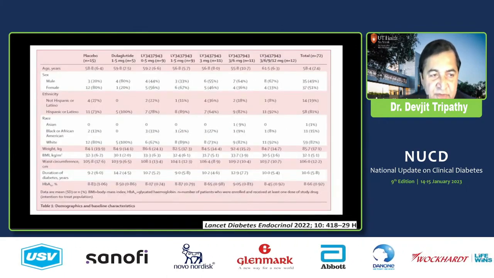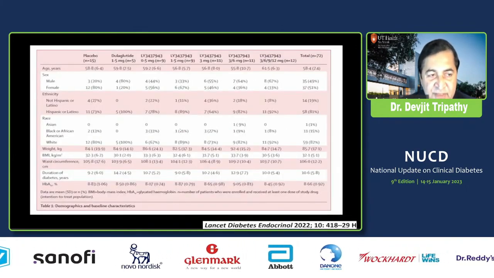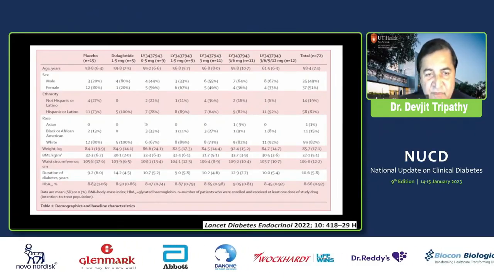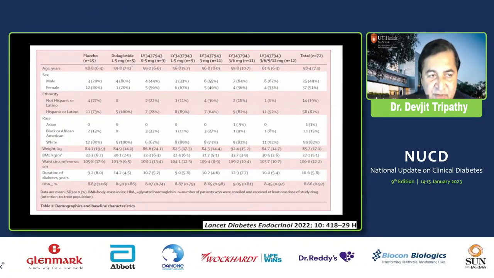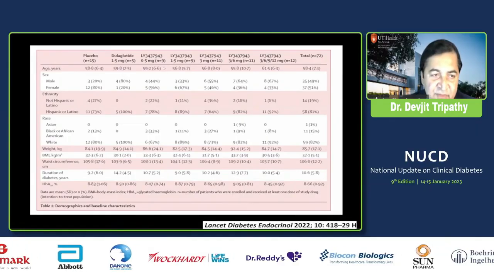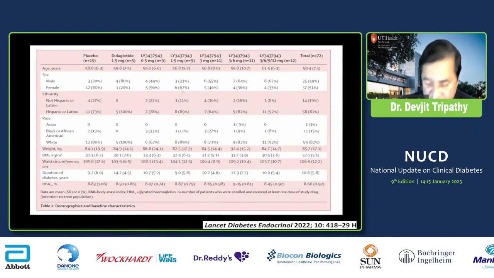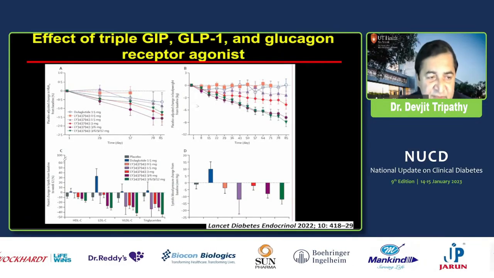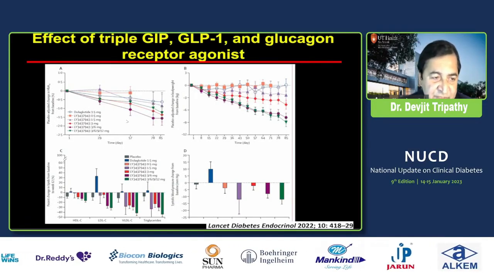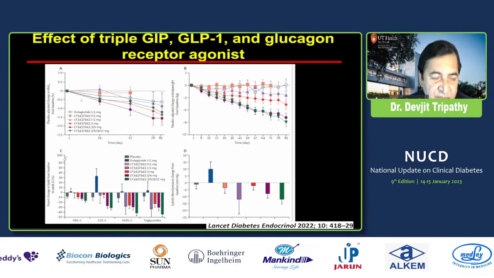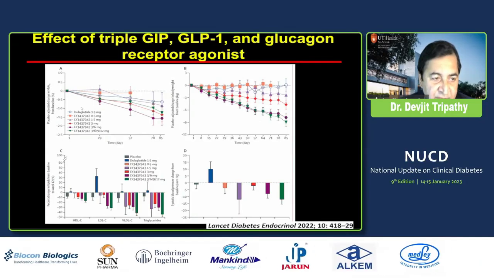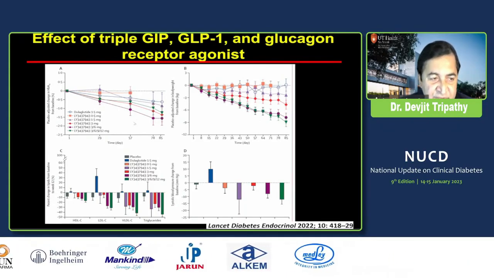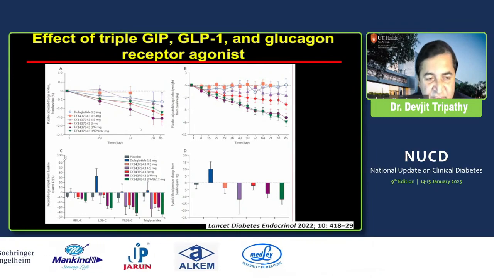This is a small phase 1b study, with dose escalation compared to placebo. There are 5 different doses of this triple agonist compared to dulaglutide. Patients with type 2 diabetes and 10 years duration of diabetes were randomized to receive 5 different doses. As you can see, at the bottom line, dulaglutide is in blue, and the others are different doses of the triple agonist. This was only a 12-week study, that is 3 months.